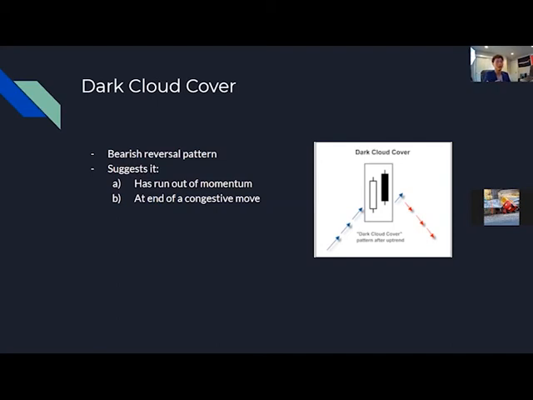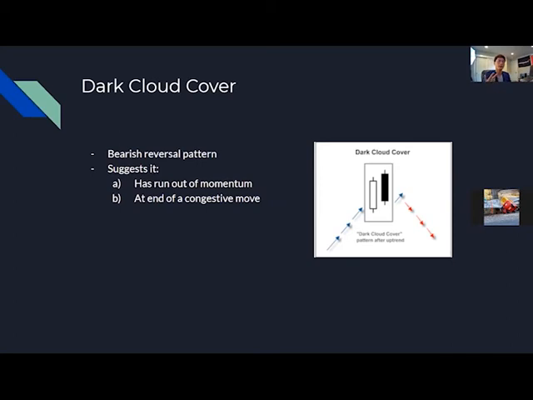As the name suggests, you can see that the black portion is covering the white part, most of the white part. If you think about it, suddenly at the point of the white candlestick, it opened at the low price, the lower part of the body, and it closed at the high part of the white body. But then it opened a little bit higher at the top body part of the black candlestick, and then closed all the way back down, almost past the midsection of the white body.